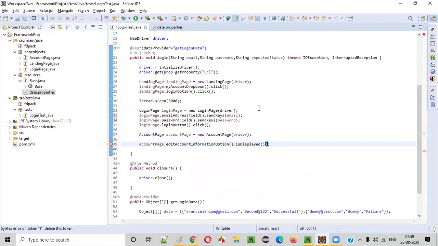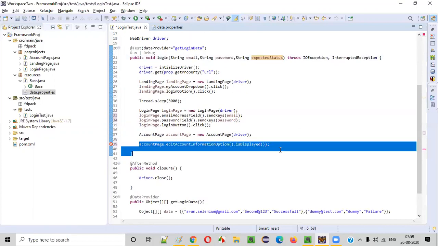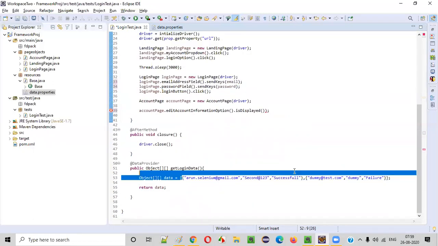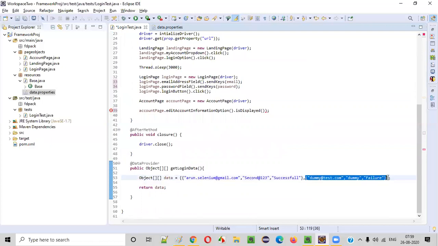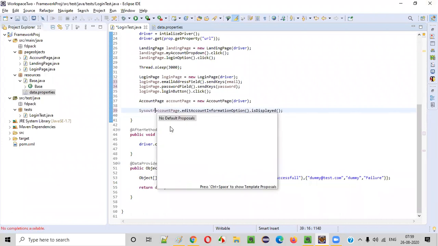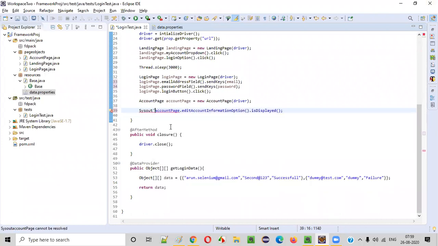You'll see that first, before implementing this expected status, we'll run this code 2 times. This test will run 2 times. One with the first set of data, that is valid credentials, second set of data that is invalid credentials. In case of invalid credentials, this element will not be visible. So this will give some exception, guys. So we'll see that exception now. So I'll just say system.out.println. I'll just put that for now in the system.out.println. Later change this code. Okay. We'll later change this code. I'll put this inside the system.out.println.